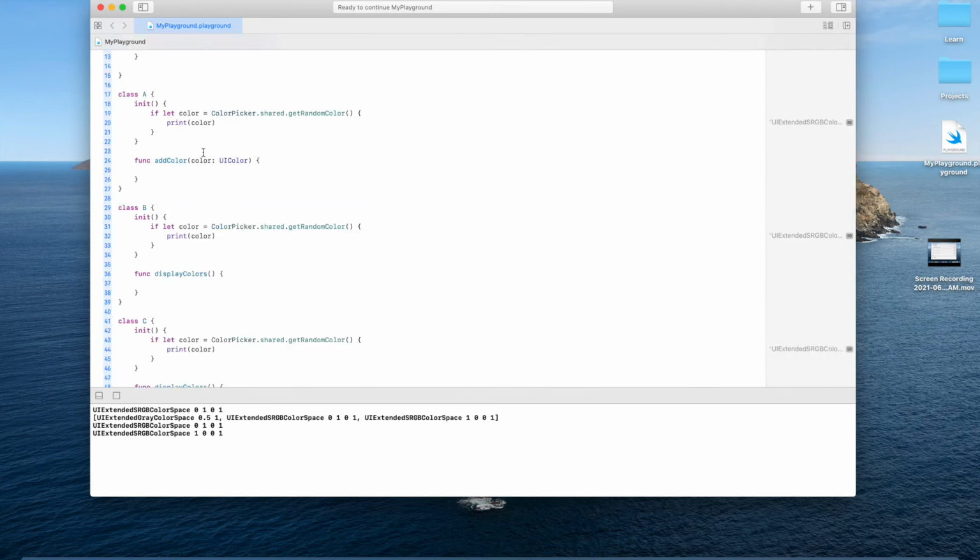So in the add color function, we have to add whatever color we are receiving to the actual colors property. Let us do it.